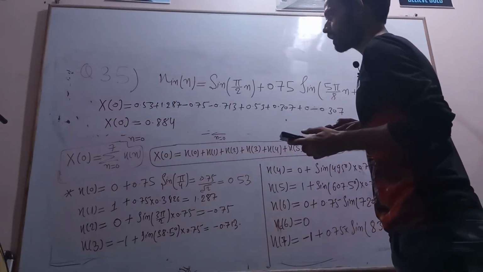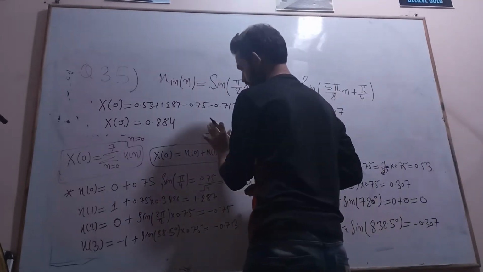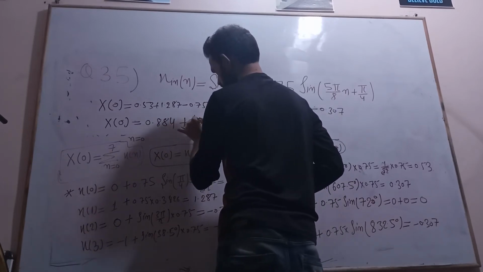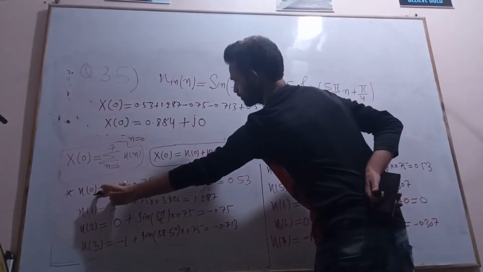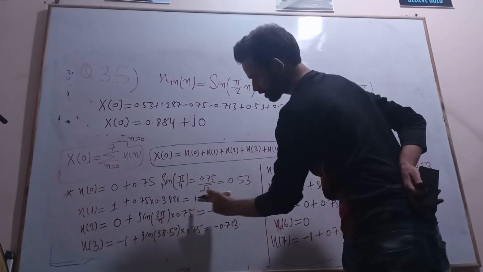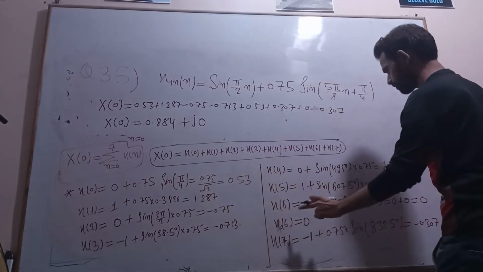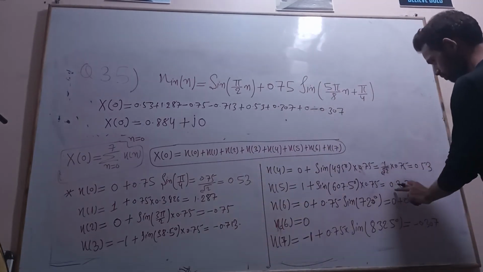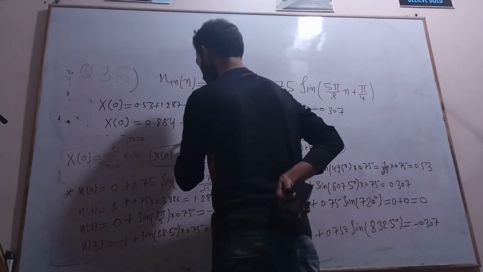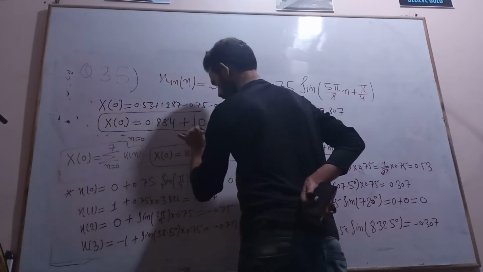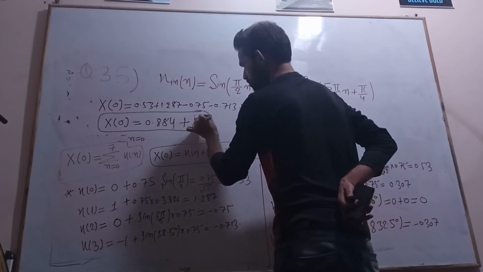So this is the value of x of 0, and the imaginary part is 0. This is my real part plus j0, positive 0.884. If you see the options, the imaginary part in all the options is